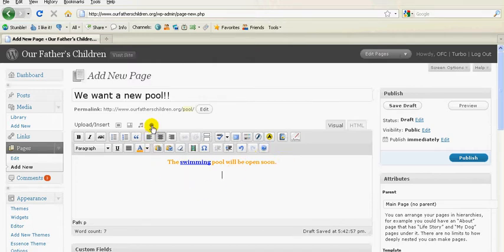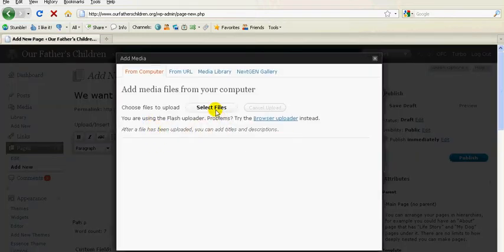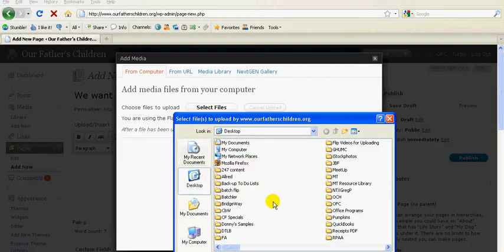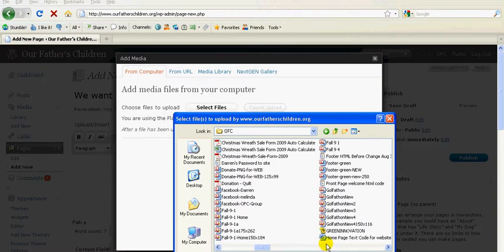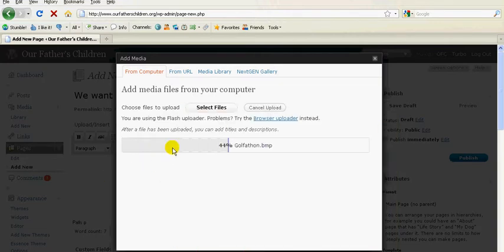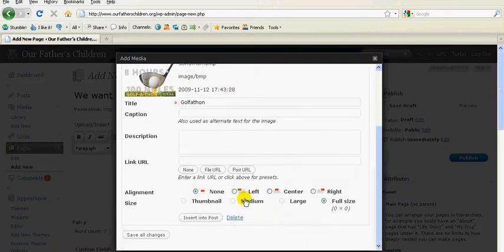If you wanted to add a photo, you can do it like an add media button here, that little star. You can select the files and go right to where you want it to be. I think I've got some photos on here. Let's just say we're going to grab that image, and it loads it in here. And once it loads on here,